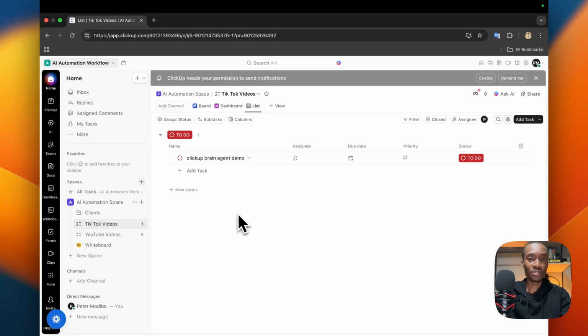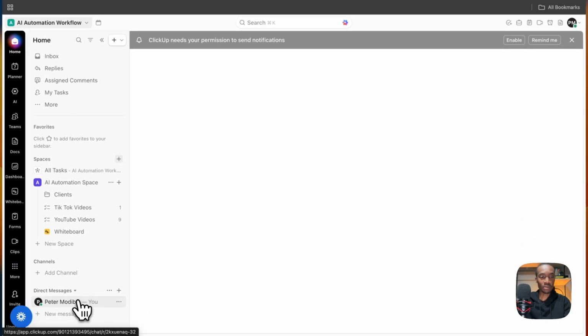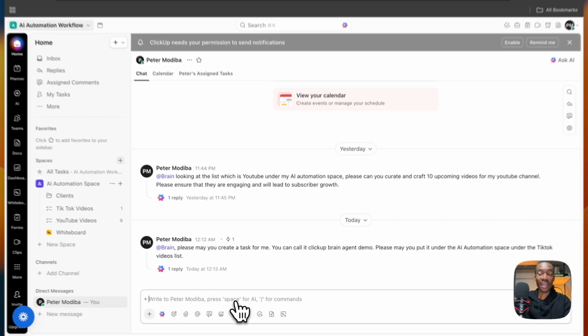Also, you're not just limited to this. You can also create other tasks like having calendar tasks. So if you go to Brain and then you ask it, hey, can you please schedule this specific meeting at this specific time, and you can title it this, here's the duration, here's the time frame. Brain will actually be able to also do that. So there's just a lot of things that you can actually do, and I really, really like the feature that ClickUp has actually added. And so I'm going to go back here to direct messages, and last but not least,